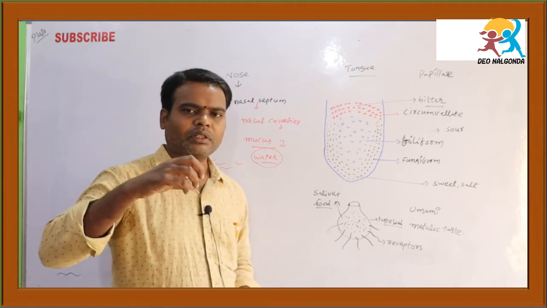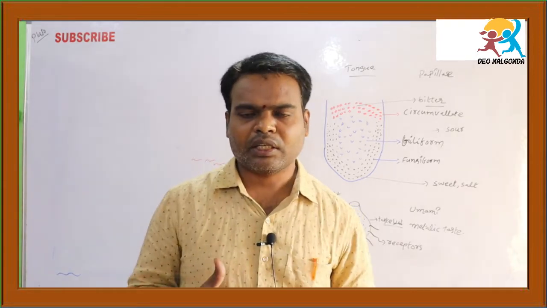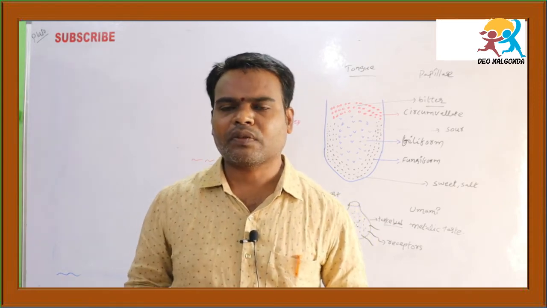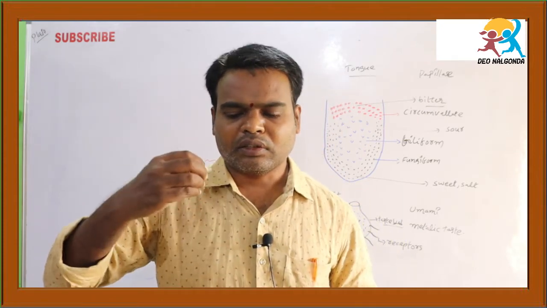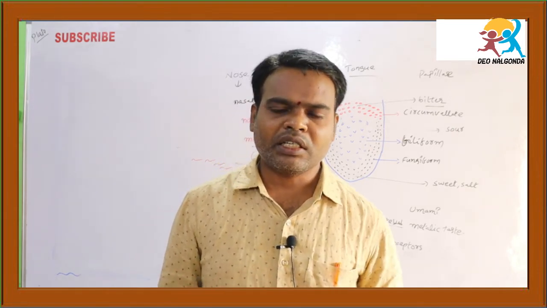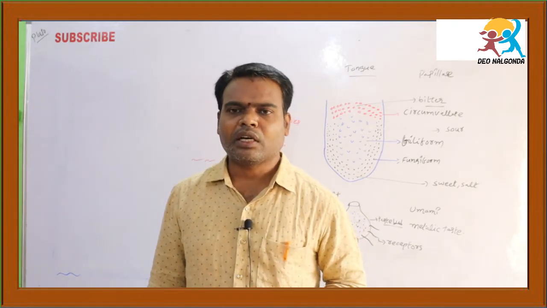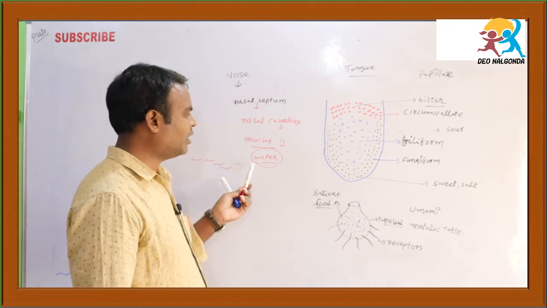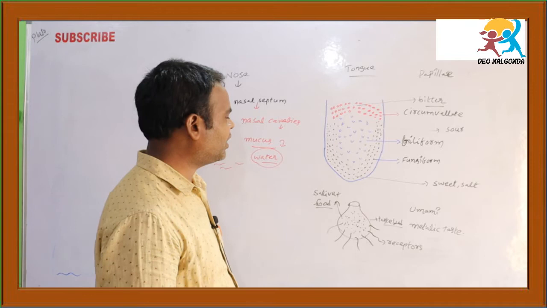Just near the mucus there are different kinds of receptors, nothing but the olfactory receptors. These olfactory receptors take the sense of smell. According to the chemical we have taken, that information is sent to the brain through the olfactory receptors. So very easily the olfactory receptors send the message to the brain from the olfactory region of the nasal chambers. It is very simple. But the chemical we are taking should be dissolved in the water of the mucus.